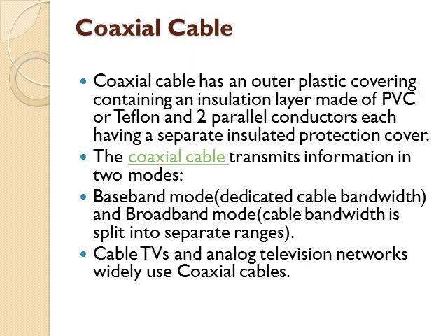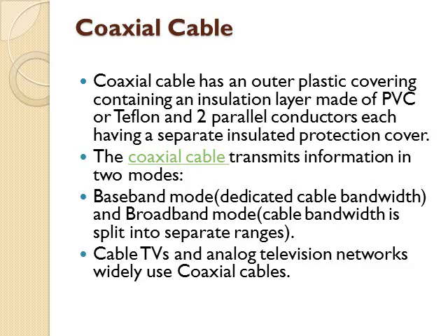Coaxial cable. The structure of a coaxial cable has an outer plastic covering containing an insulating layer made up of PVC or Teflon, and two parallel conductors, each having a separate insulated protection cover. The coaxial cable transmits information in two modes. One is baseband mode, that is a dedicated cable bandwidth, and the other is broadband mode, where the cable bandwidth is